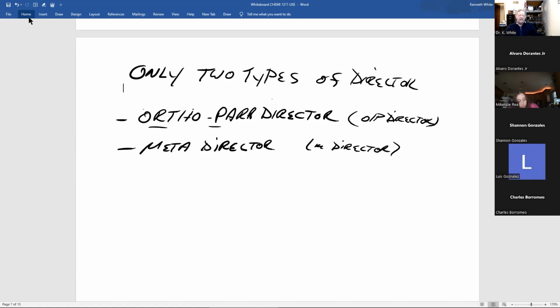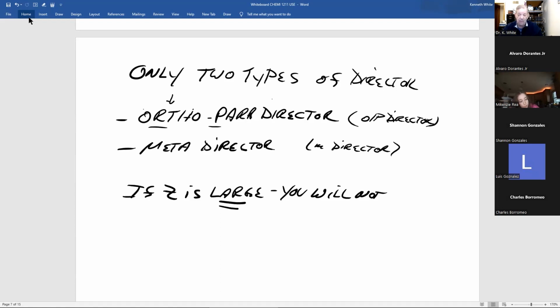Now, there's a certain aspect or part of organic chemistry called steric hindrance, crowding. If Z is very large, you probably aren't going to see in an ortho-para director any ortho product. Because normally an ortho-para director gives you both ortho and para. But if Z is very large, a big atom or big Z group, you won't get any ortho product, but this is still called